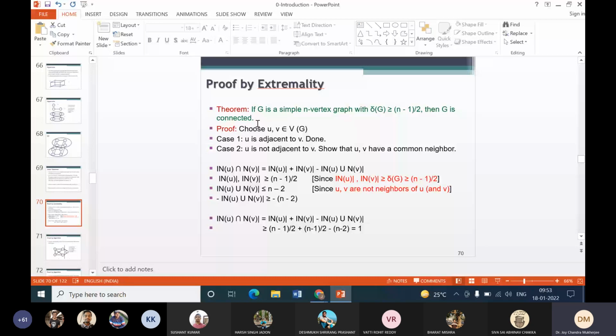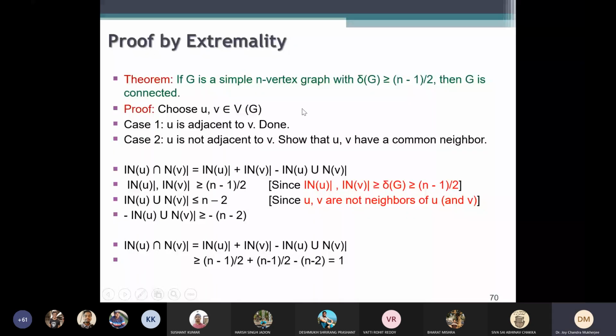The theorem says if G is a simple graph, and it is an n vertex graph where the minimum degree is greater than or equal to (n minus 1) by 2, then the graph is connected. So what it tells is, you are given an n vertex graph. Every vertex in this graph has at least degree (n minus 1) by 2. Delta G basically says that